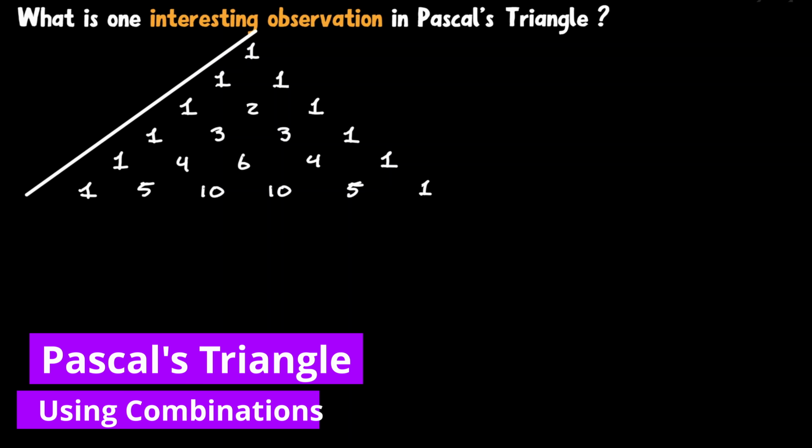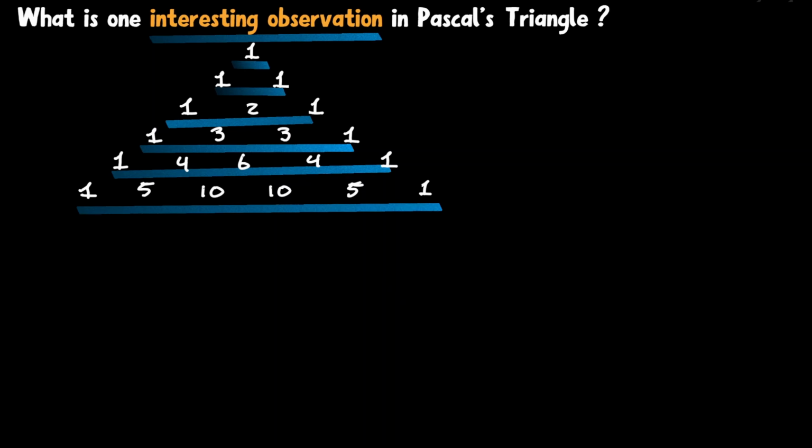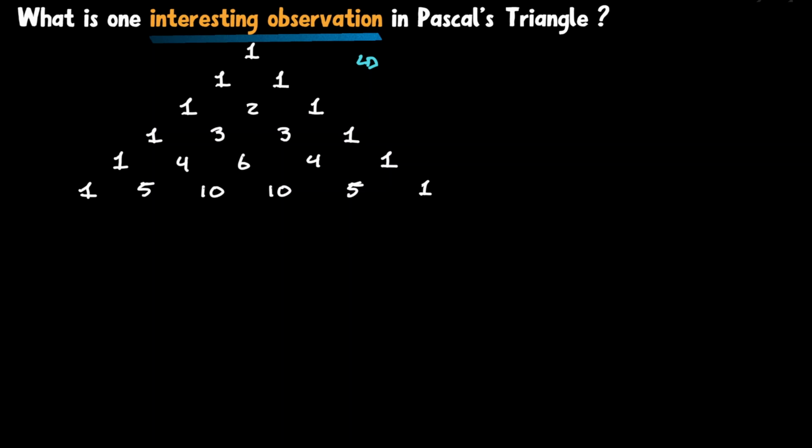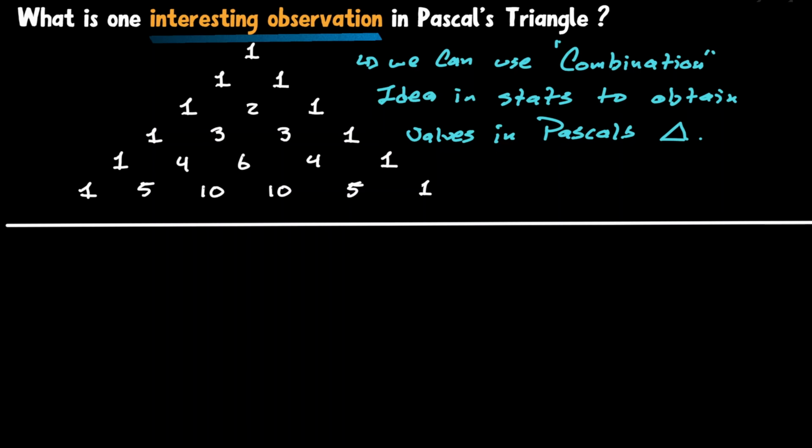So here we have our Pascal triangle that we defined previously. But this is a very interesting observation with the way that we got those values in our triangle. We can find these values using a pattern, using combination in statistics. So let's show that. On the bottom, let's build Pascal's triangle by just using the idea of combination in